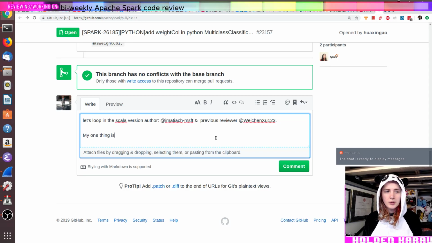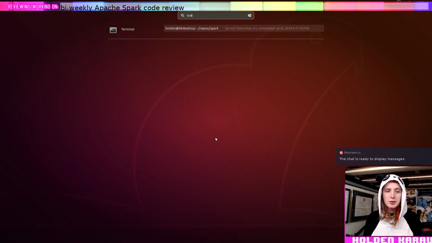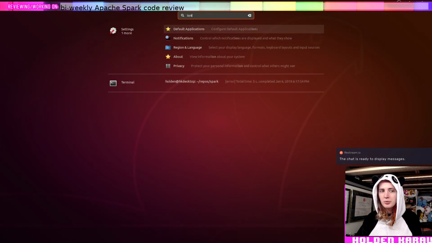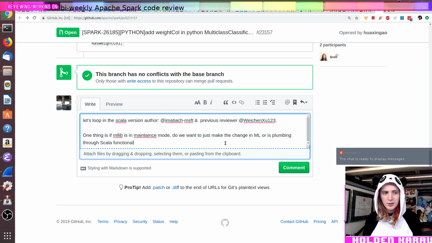One thing is if MLlib is in maintenance mode, do we want to just make the change in ML, or is plumbing through Scala functionality? I pressed magic buttons. Functionality close enough to a bug fix.